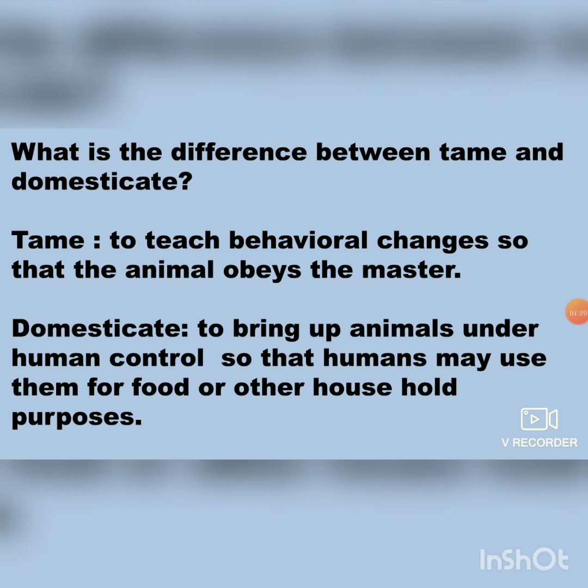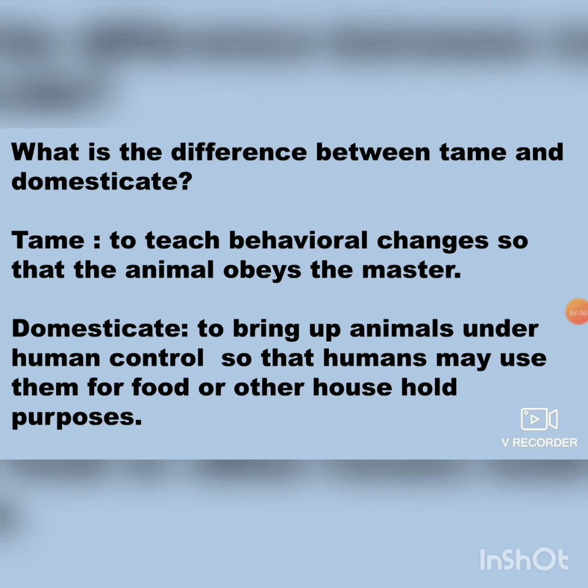All these behavioral manners which humans teach the dogs, to behave properly and calmly with human beings, is called to tame an animal. They teach them how to respect and behave with human beings. So this is called taming an animal.